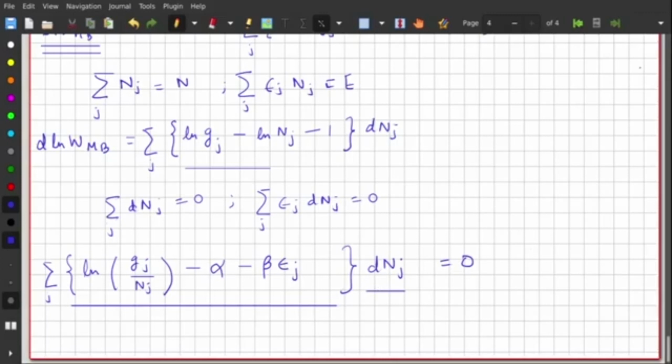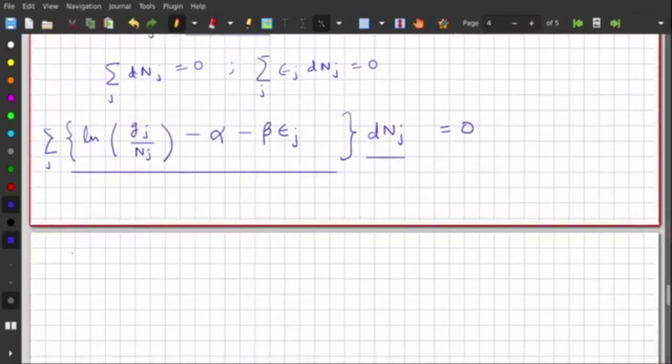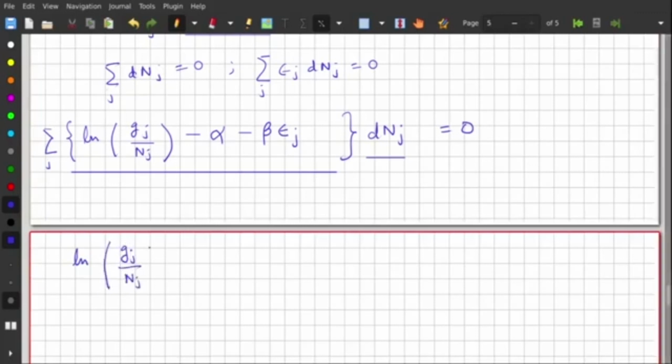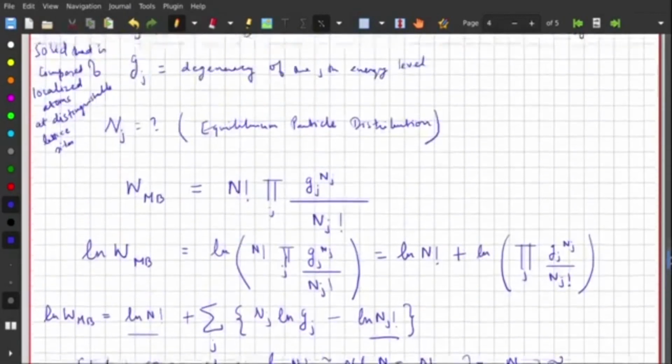Okay, so therefore we have log of gj by nj equals alpha plus beta epsilon j, and hence from here we can write nj equals gj e to the power minus alpha, e to the power minus beta epsilon j. That's the equilibrium particle distribution for classical Boltzmann statistics. Okay,